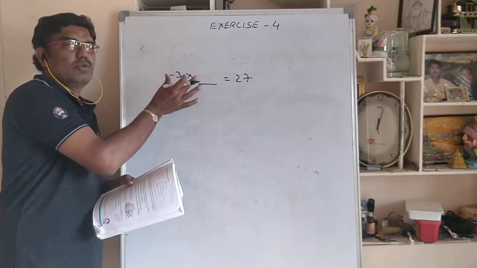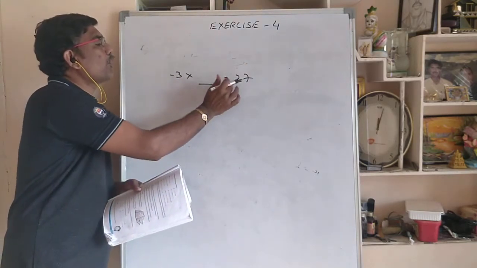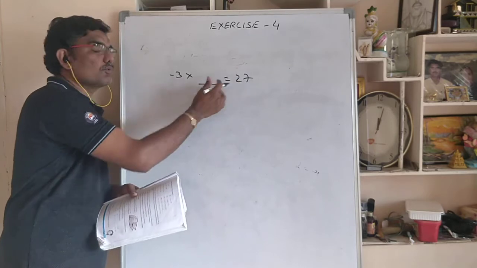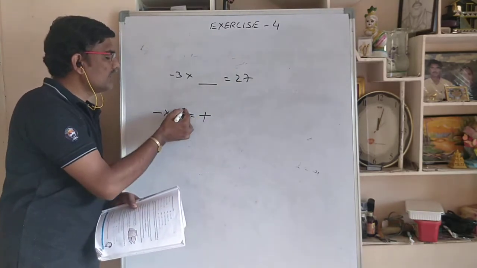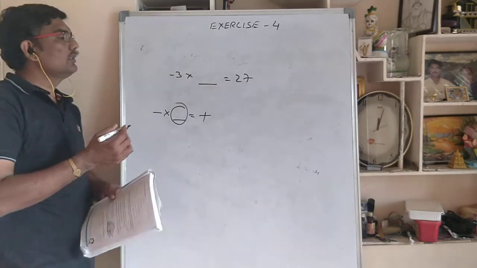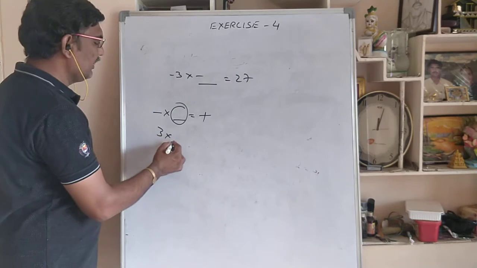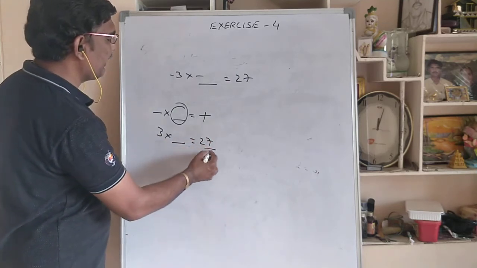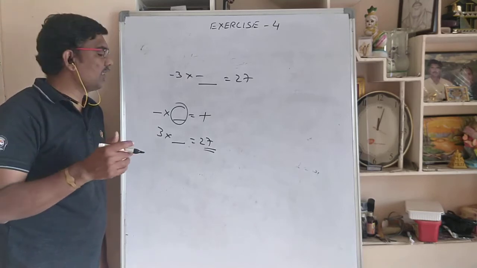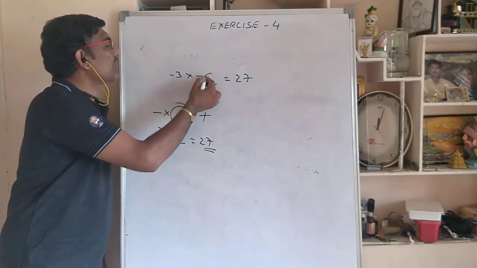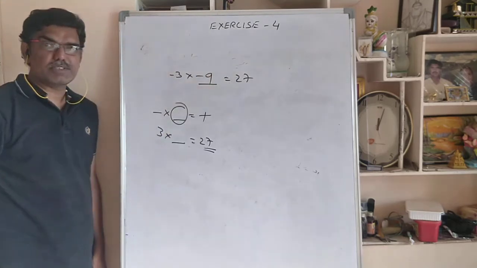How to check? See here. This is a negative integer. In the product, in the answer, you are getting positive. When you get positive from a negative, it should be a negative integer or not? So here you have to write negative. Next, 3 is there; with which number do you have to multiply to get 27? If you read the 3 table, when will 27 come? 3 nines are 27. So here 9. So what is the answer? -3 into -9 becomes 27.